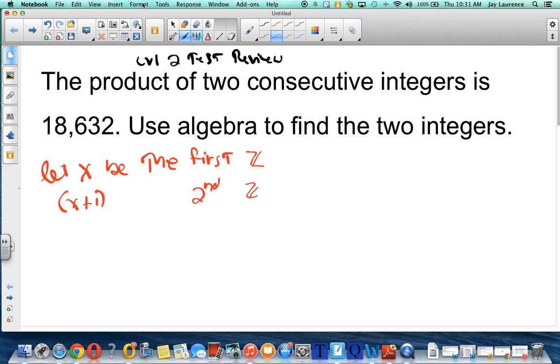All right, now Kevin Merrick could tell you you're supposed to multiply x times the quantity of x plus 1. And Michael Gregg can tell you that's supposed to equal 18,632. Then Michael could tell you to distribute and get x squared plus, and he'd tell you to be very careful here, plus x, not plus 1. And that would equal